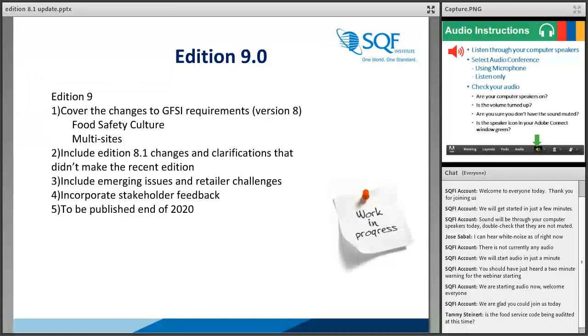Multi-sites were changed, and I guess my slide didn't transfer. My slide must have got erased somehow. But there was a change in Edition 8.1 to multi-site. So I don't know if I have any multi-site users on the call. Sorry to digress a little bit, but multi-sites